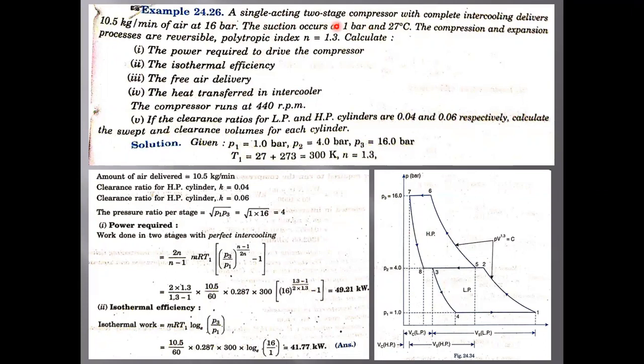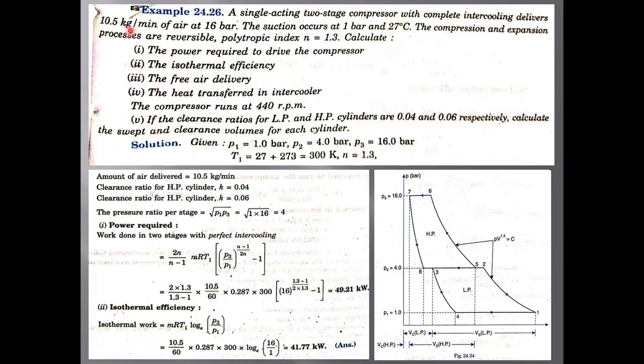Sometimes you may mistakenly, even if it is given as a two-stage double acting compressor, not take that as two stage. Instead of taking 2n, you will take only n. So the whole thing is going to go wrong. So better write whatever data he has given, and whatever type of compressor he has given also, right? Single acting two stage compressor, write that also.